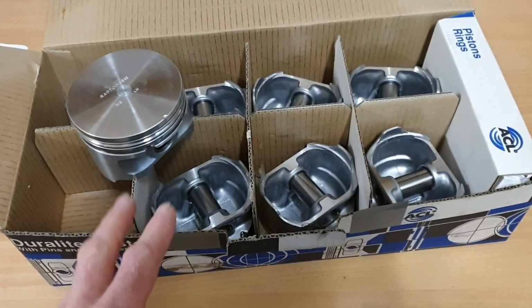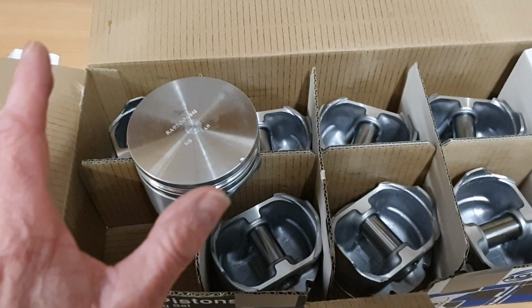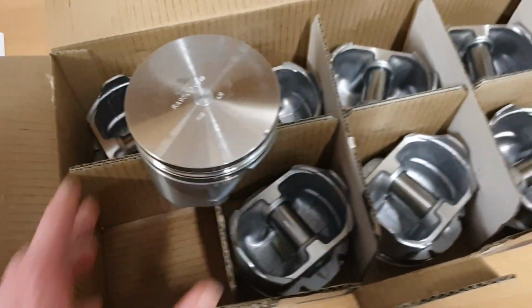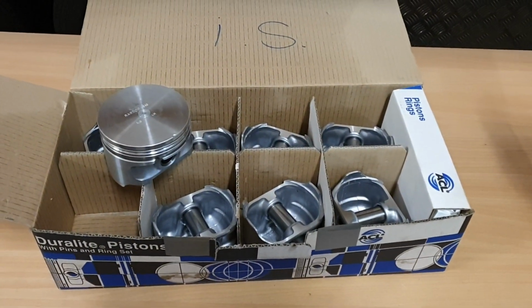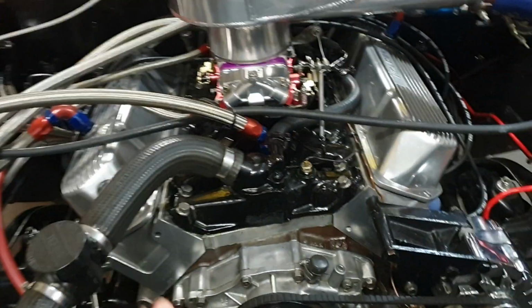But yeah, I got onto these, and thank you, George. These are going to be incredible. These will get me up to around 10.8 compression. You might say it sounds a lot for a boosted application, but remember this one here is 10.5, and it's on E85. We're going up a little bit more with this one, but E85 once again, and we're only low boost, around 7-10 pound, because those heads that I was talking about, guys, that I'm putting on my other motor